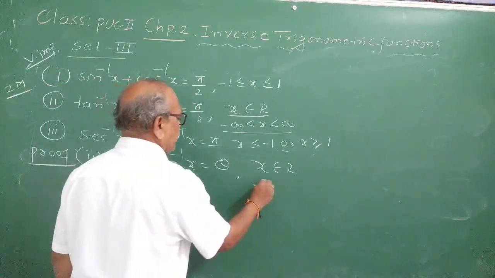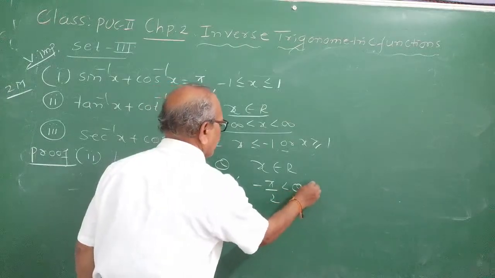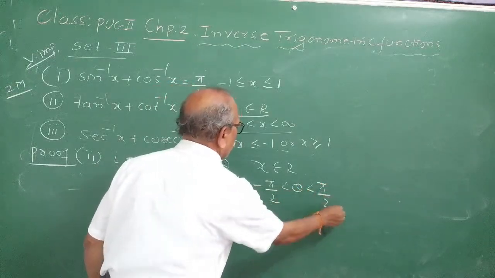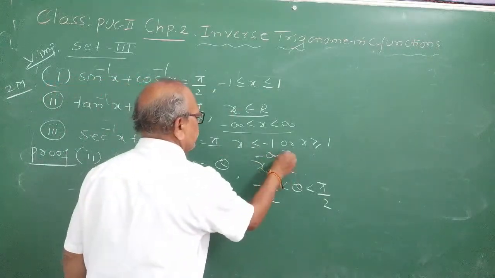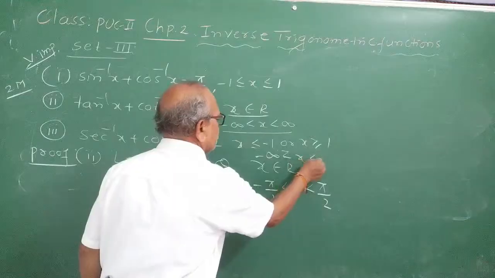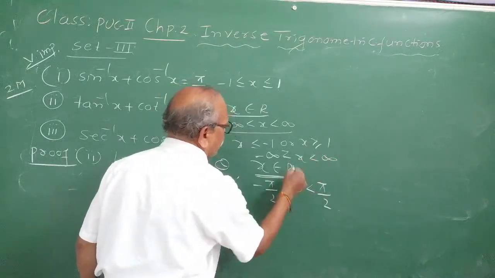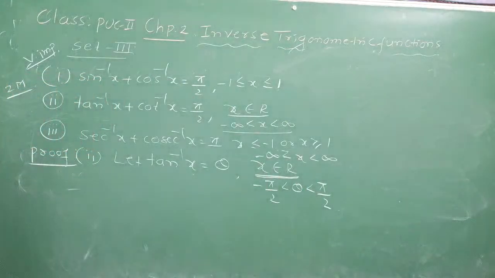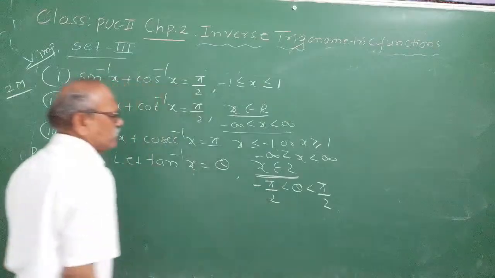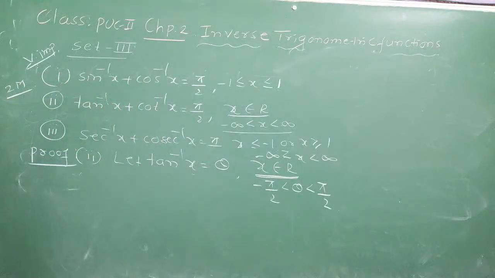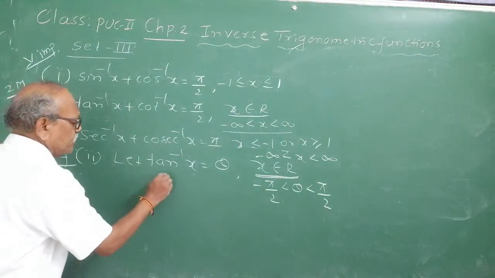For tan, minus pi by 2 is less than theta, theta is less than pi by 2. Therefore, x will be minus infinity is less than x, x is less than infinity. The same thing you can simply write as x belongs to R, because tan pi by 2 is infinity, tan minus pi by 2 is minus infinity. So, by definition,